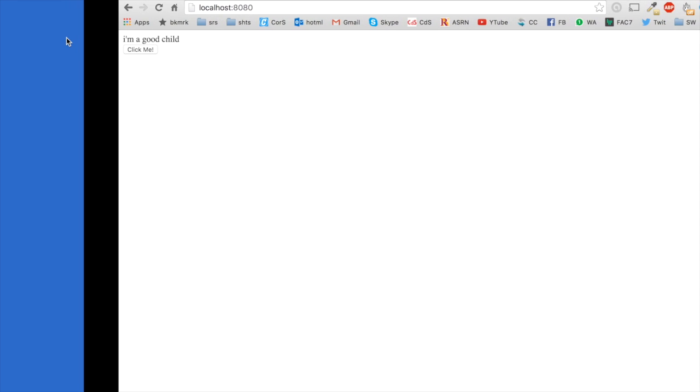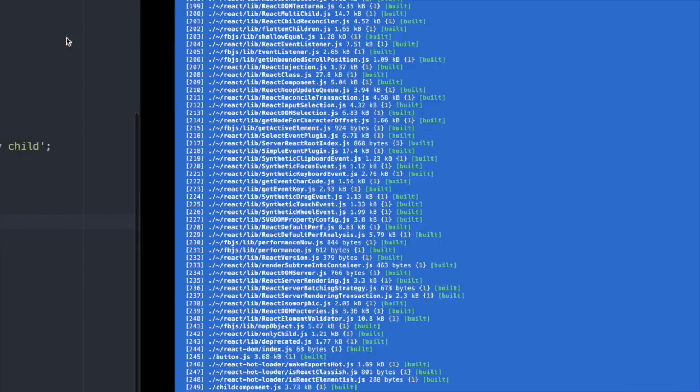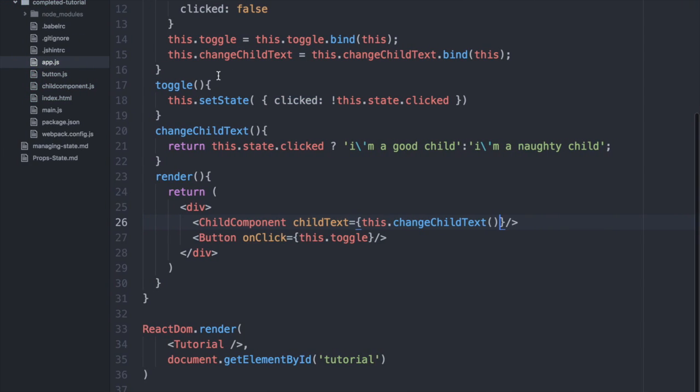So hopefully now you will be a little clearer about how the state and properties work within React,